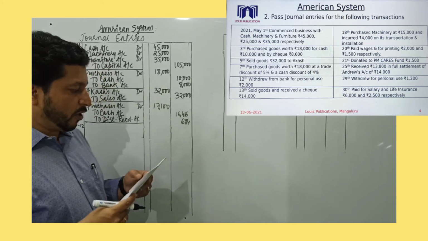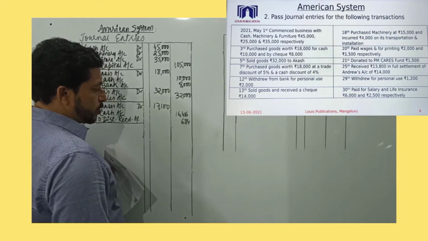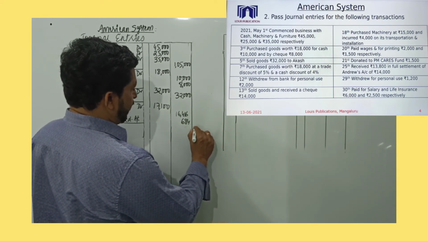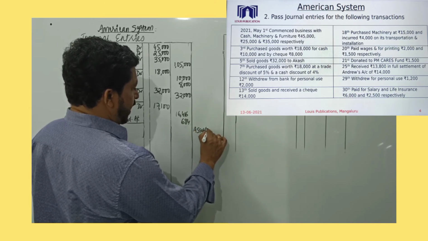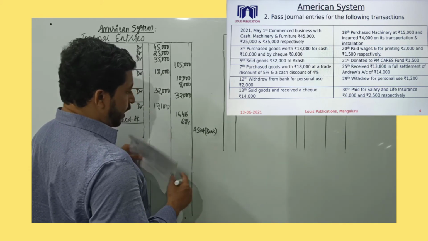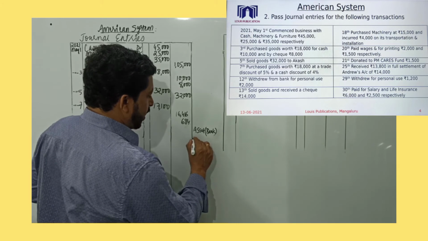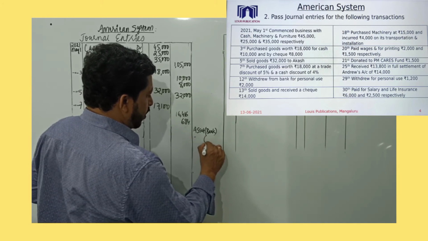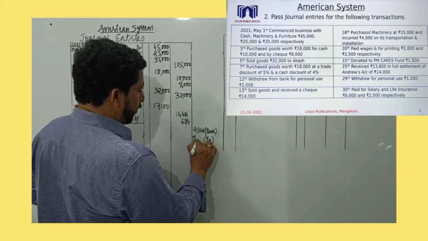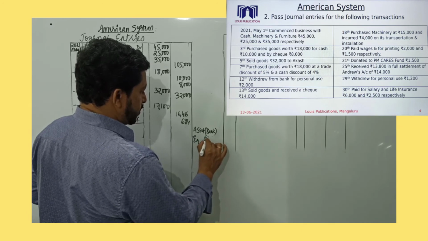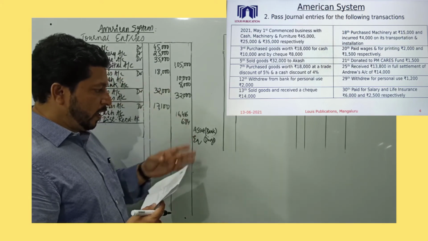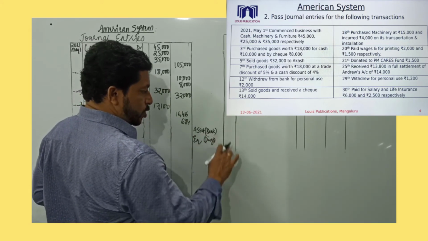It's given withdrew from bank for personal use. So personal use is given. So when we have withdrew from bank, definitely an asset is affected. So I record asset. Name of the account is bank. Name of the asset is bank. Then we have for personal use. Since personal use is given, we talk about equity. And equity over here, here I will record equity, and name of the account will be drawings, because it is for personal use. So now, when we are withdrawing from bank, balance will decrease.